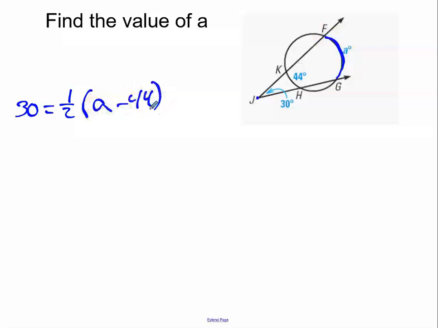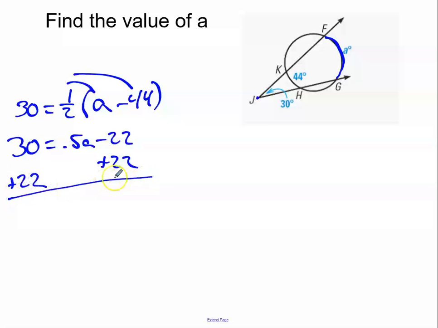And again, we have the option of timesing the left side by 2 instead of timesing by 1/2 on the right side. Or you can just distribute. So if you distribute that, you get 30 equals 0.5a minus 22. Then you have to add 22. That's 52 equals 0.5a, divide by 0.5, and you get